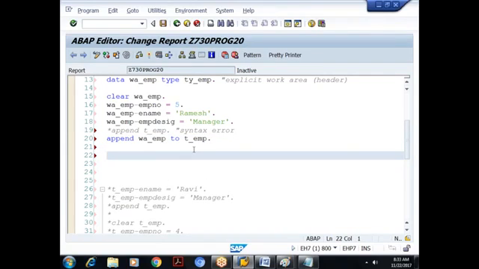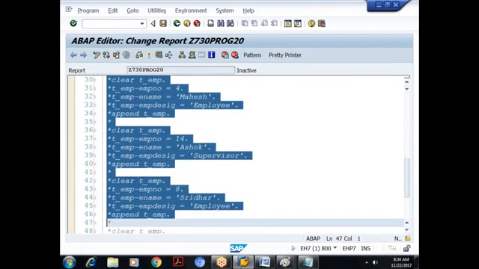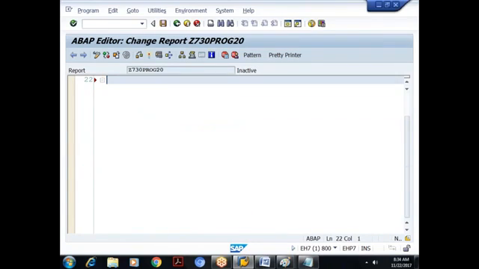So what is the overall understanding? We generally declare an internal table without header. We need to take a separate work area. Fill your work area first. From the work area we have to append it to the internal table. So repeat this process for the rest of the code. So let me remove all these things. Done.